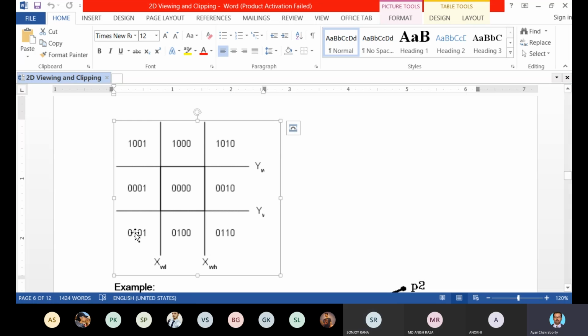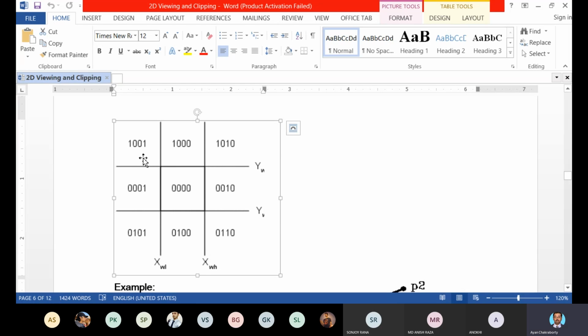Yes, sir. Okay, the logic is clear to everyone. If anyone has any query, please ask me, because this is the main logic of the Cohen-Sutherland algorithm. Depending on this logic, everything has been created here. This algorithm has been developed depending on this core logic. So if you have any ambiguity, any question, any problem regarding this logic, just clear it out. Please ask me if you have any query.